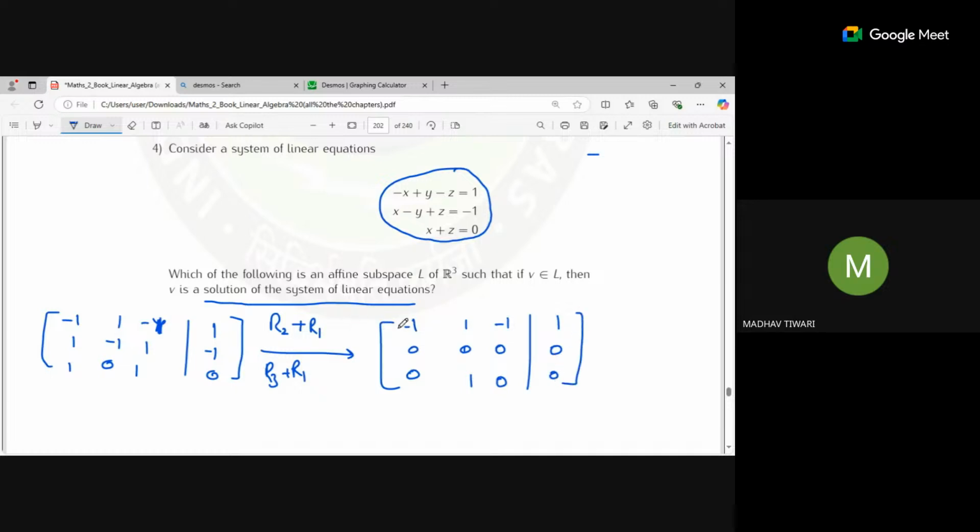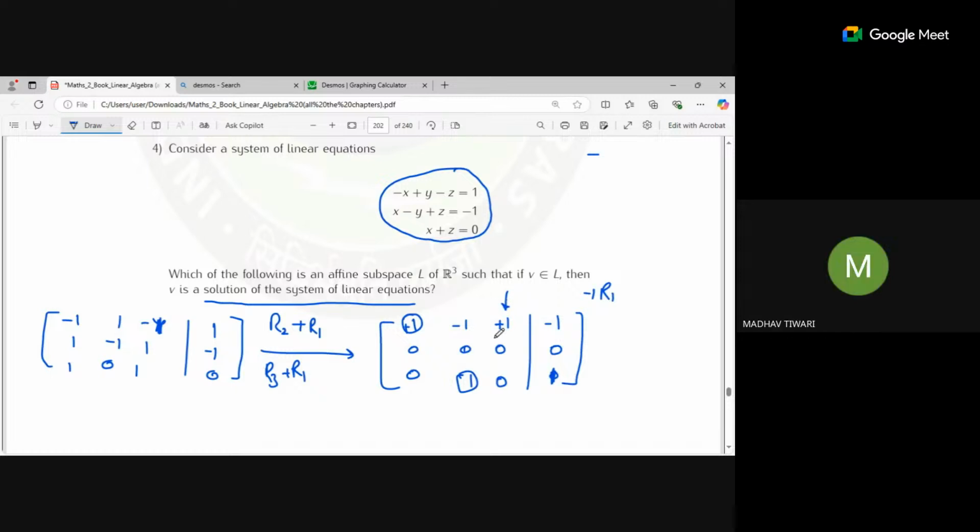Right? So what I am doing now, I am multiplying my R1 with minus 1. Okay, so it will become positive, negative, positive, negative. So from here, this is my pivot element. So we can do one more time R1 plus R3 so that it will reduce the number